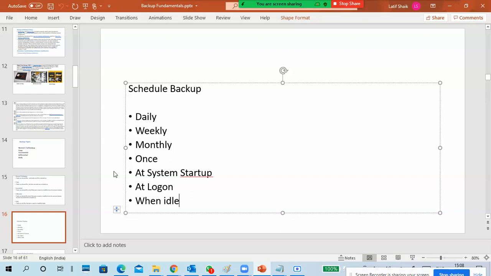IRCTC servers, they take the backup and maintenance after 11:30 to 12:30. So that's why they stop logging. They don't allow login at reservations from 11:30 to 12:30. So complete refresh, complete backup, entire maintenance is done in 1 hour. They will stop all the traffic, make it idle and do it and refresh or restart or something. Once means only one time, so don't back up every time.